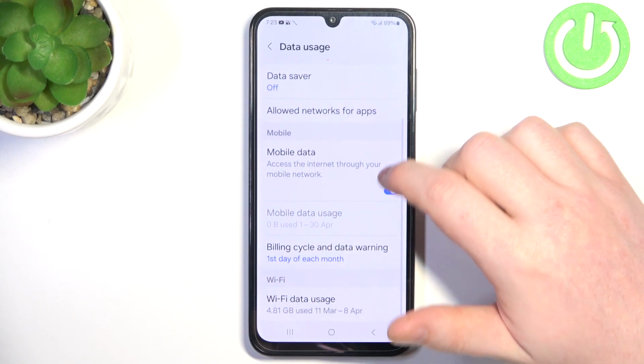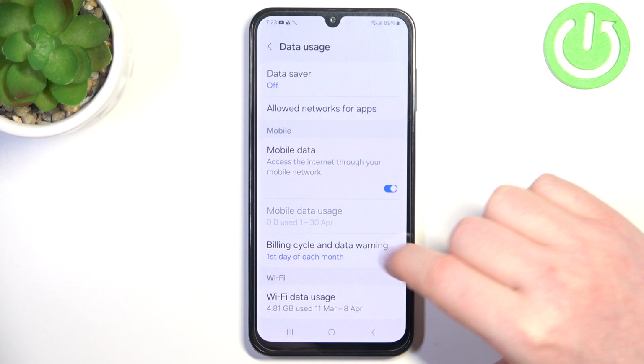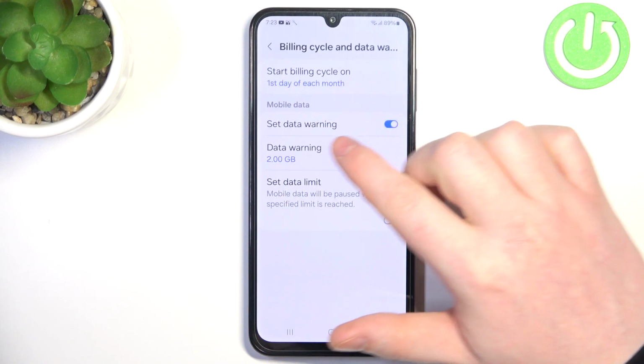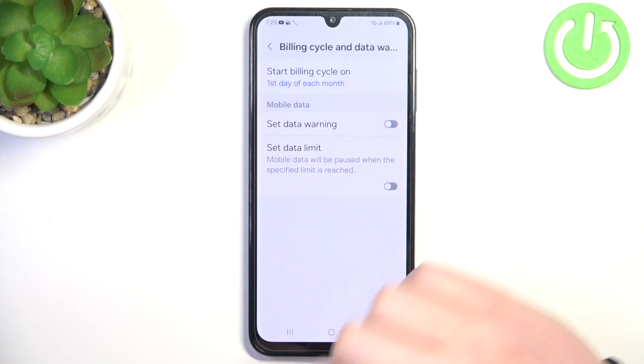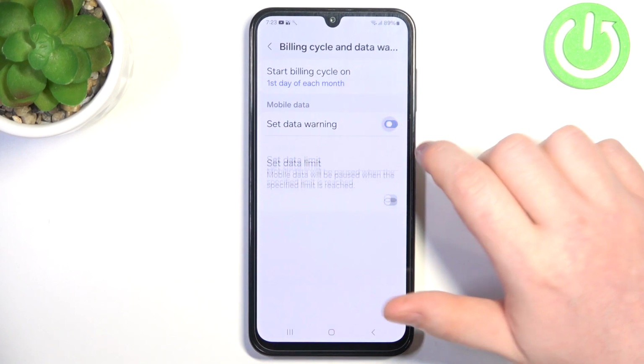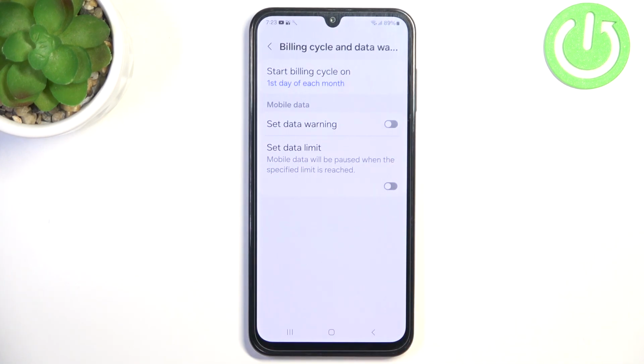Inside, you should be able to find billing cycle and data warning. And right here you can find set data warning that it can be deactivated. Make sure it's grayed out like this. And that's it for this